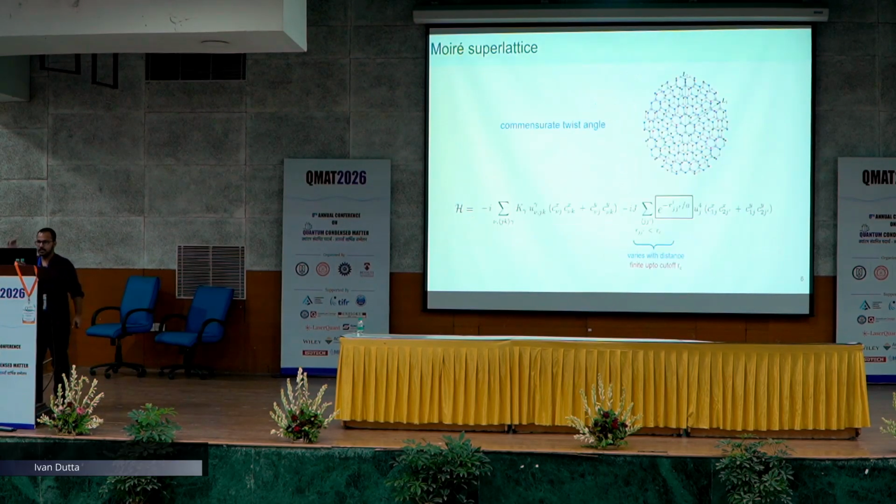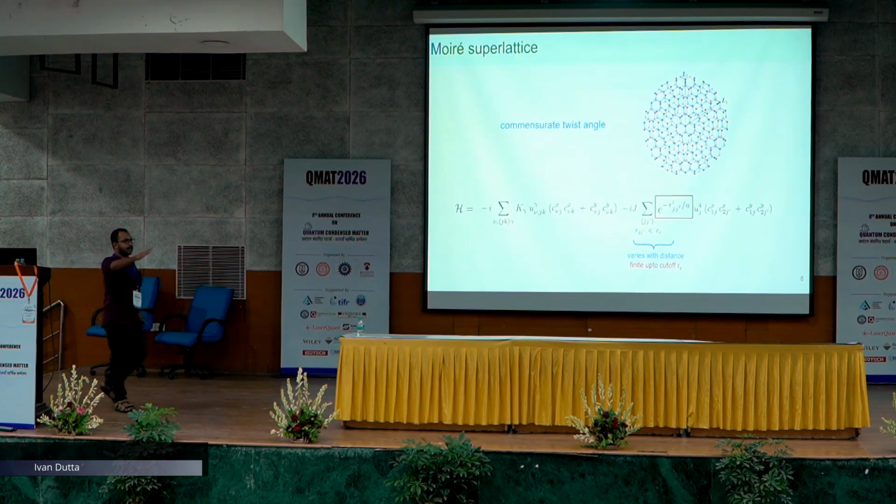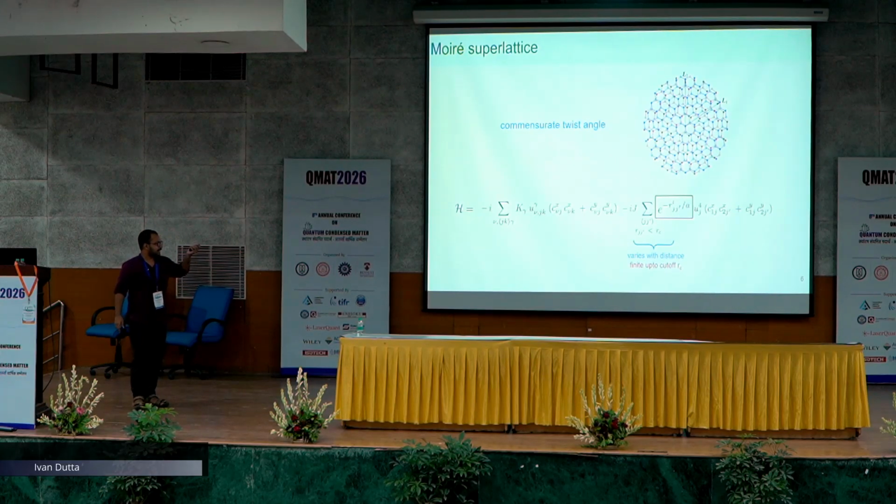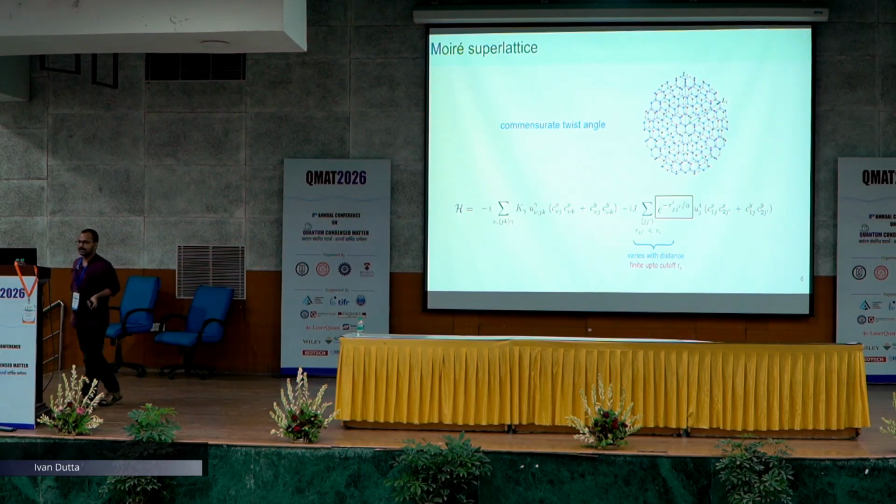Now if we twist these bilayers, the intra-layer is still the same, but the inter-layer will change. And how will it change? At each and every site the interlayer bond distance will vary, and as the interlayer bond distance varies, we can see that as the bond length increases, the coupling strength decreases, and we proved it by the exponential functions where r is the lateral shift.